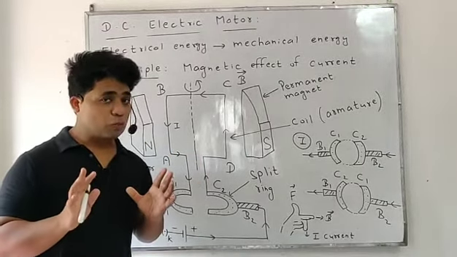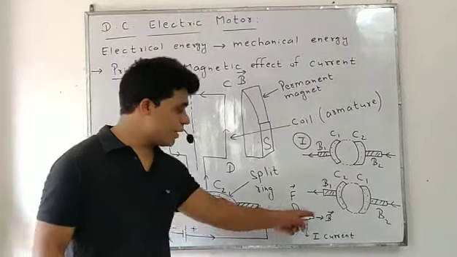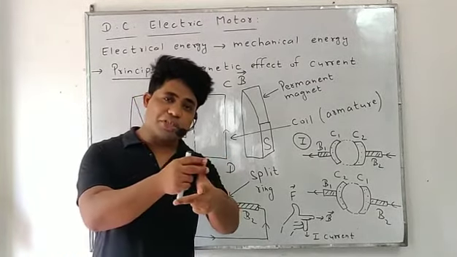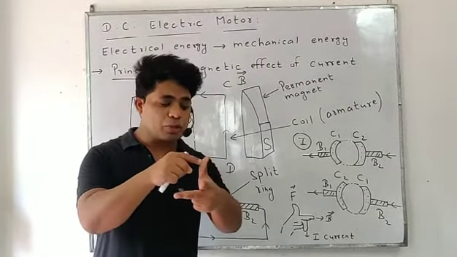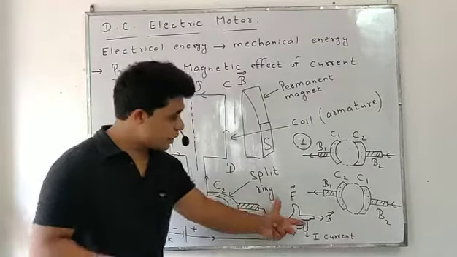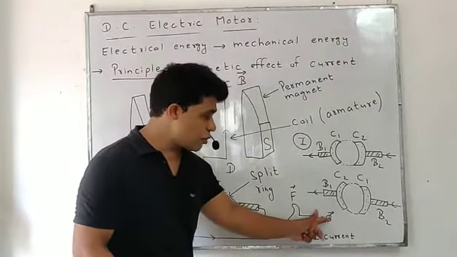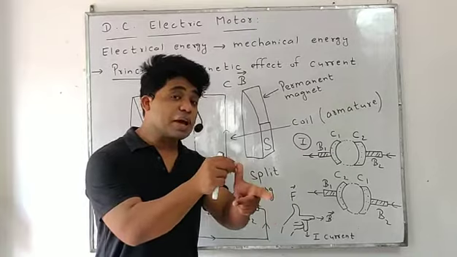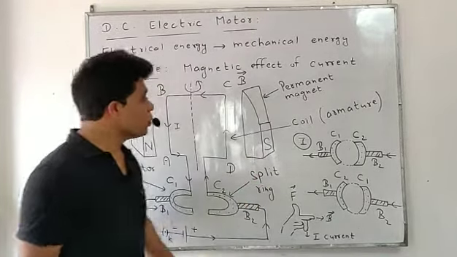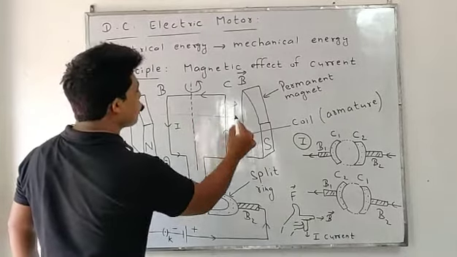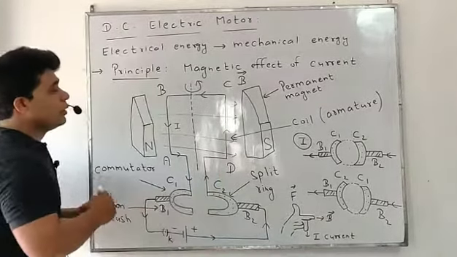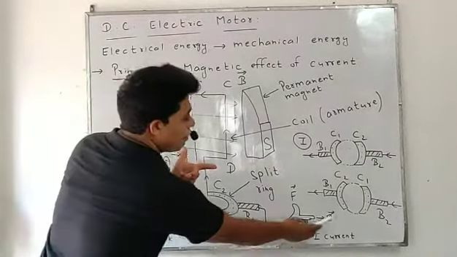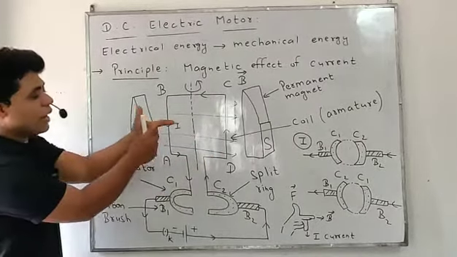We'll find the direction of motion of this coil. Actually, we'll use Fleming's left hand rule. We did it before; shortly we'll revise. When we arrange our left hand in such a way that the thumb, forefinger and middle finger are mutually perpendicular, if the forefinger shows the direction of magnetic field and the middle finger shows the direction of current, then the thumb represents the direction of force, the direction of motion. So look students, this is the direction of magnetic field. This is a magnetic field line. When we arrange like this, this finger shows the magnetic field, and this is C.